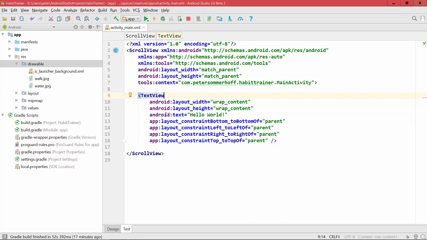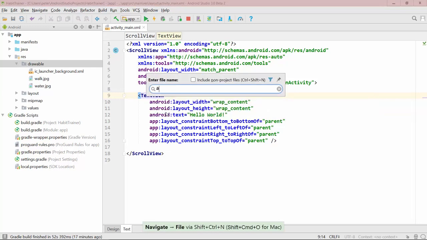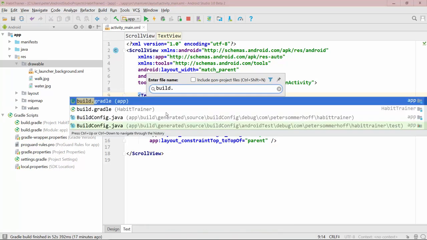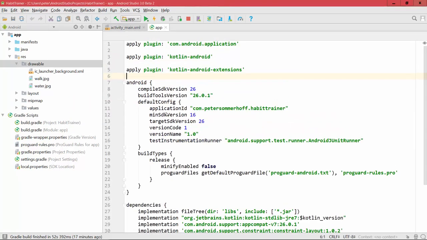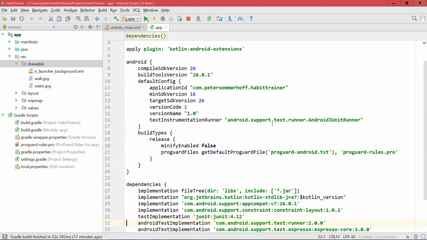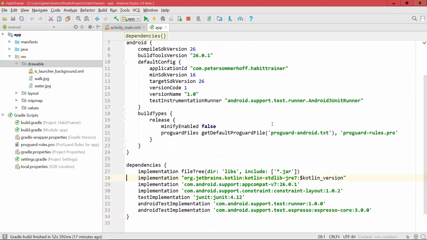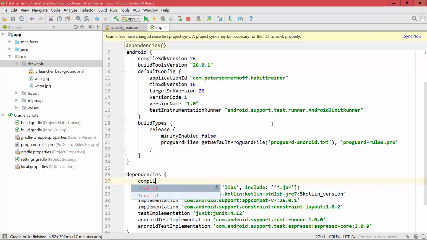Now to use that, we're actually going to have to add a new dependency. So we're going to open up our app's build.gradle file. So use the one for app here. And then at the bottom here in dependencies, you can go ahead and add a new compile time dependency. And that's going to be